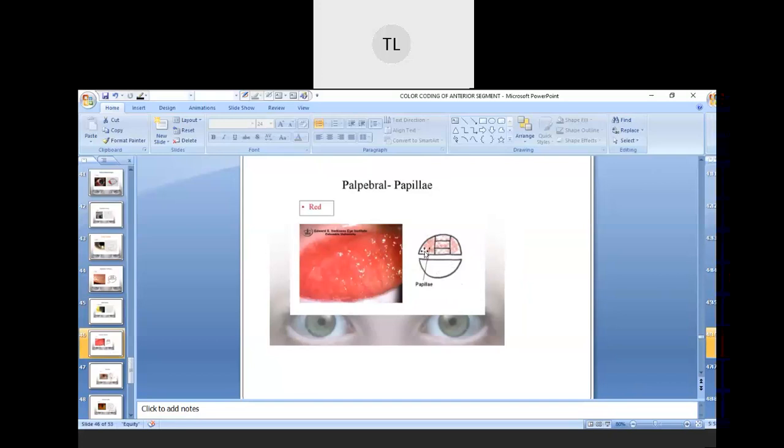In this case, the papillae is present all over the surface of the upper eyelids, right? So this is the severe form of the papillae. This might be grade 3. We have the different grades, mild, moderate, severe, that is 0, 1, 2, 3, 4. Based on that grading we can draw the papillae.